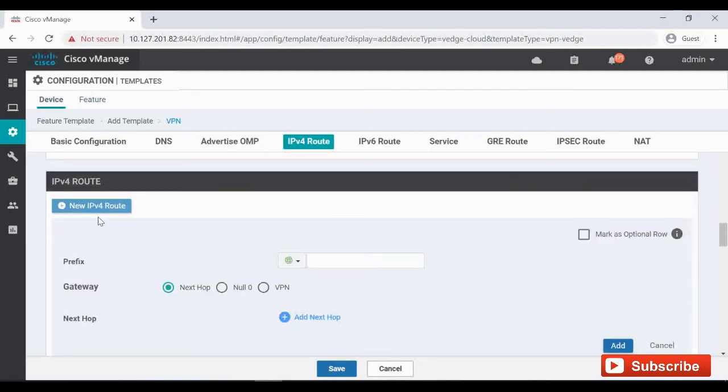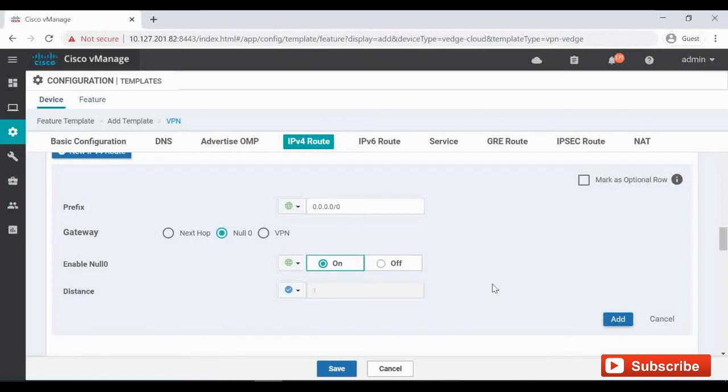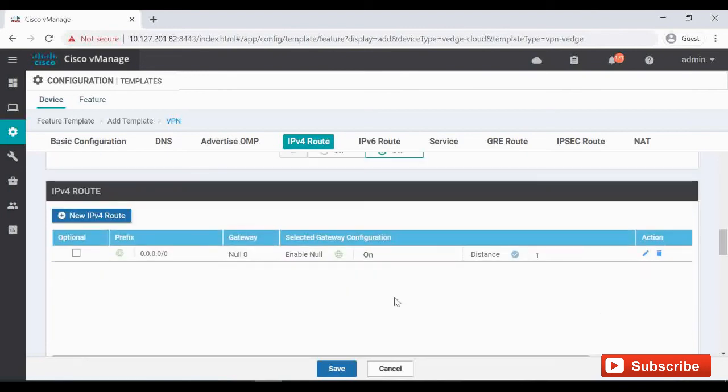Under IP route, new IP route, I'm going to give the default route 0.0.0.0/0. And here you have to select null 0 and enable this null globally, because it's just a matter of advertising a default route from my service VPN, which is in the hub site. So click on add so that it gets added.